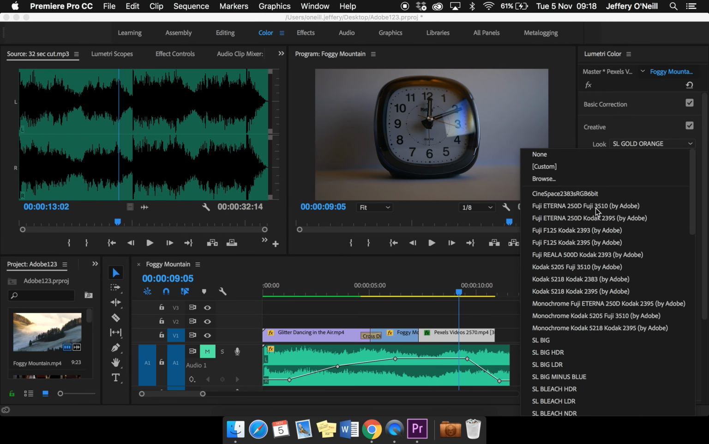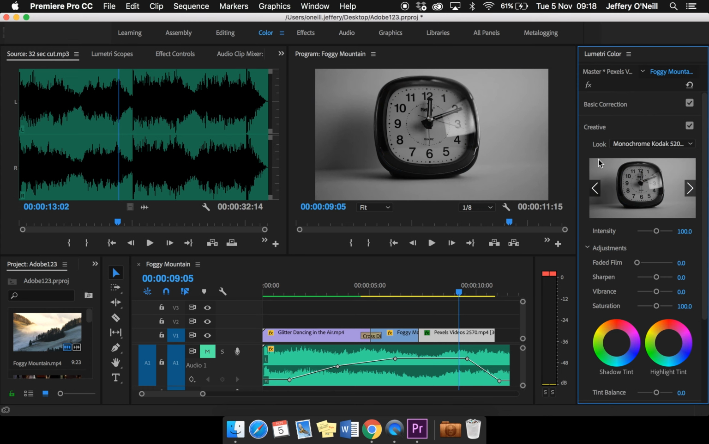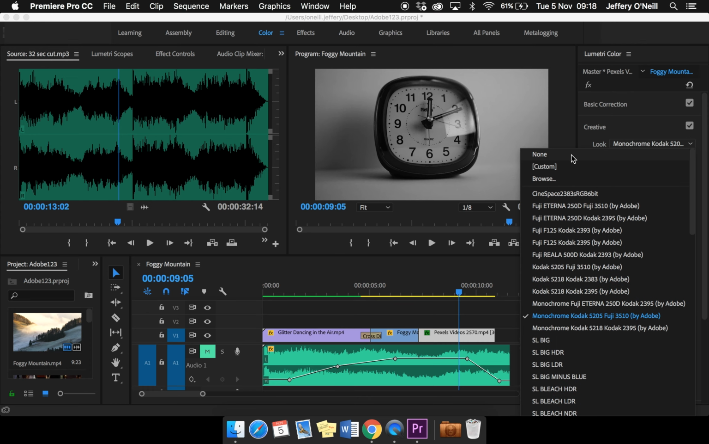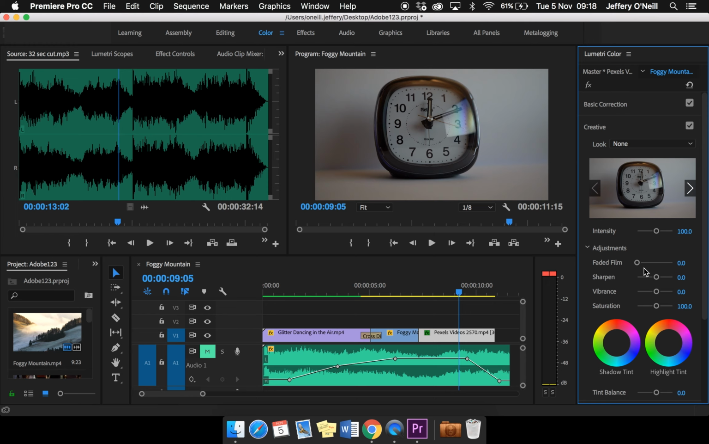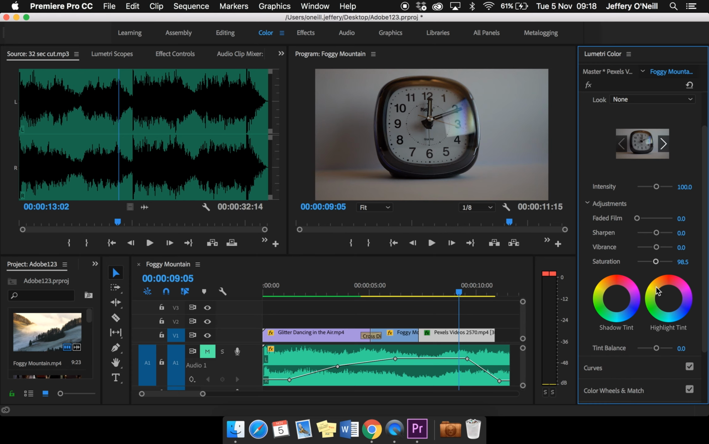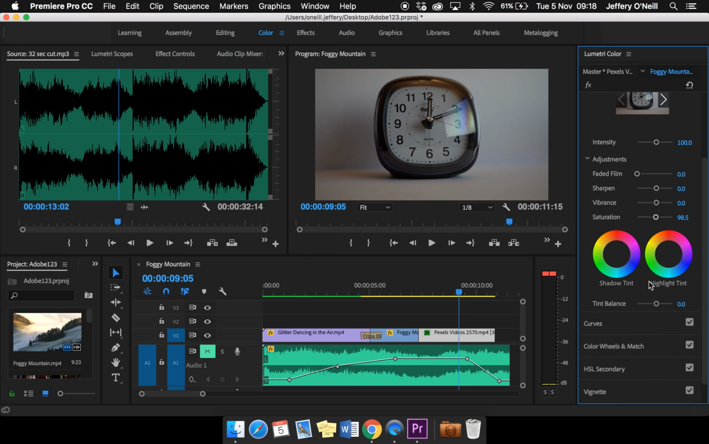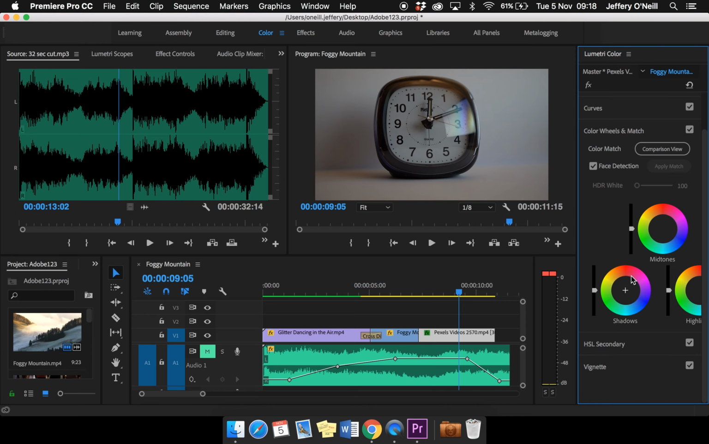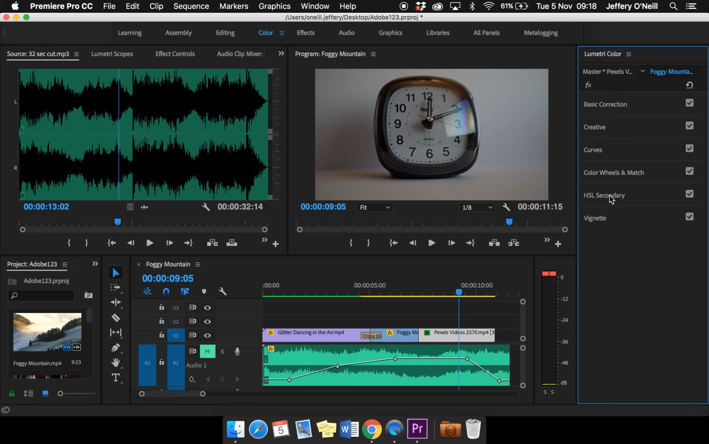So that's the kind of filter thing, and then you've got different film processing things. We'll just get rid of that. We'll click on none. We can actually adjust the vibrance of the image and the saturation. So we could drop the saturation down to have it black and white, or boost it up and make it more vibrant. We've got different colors here. So if we click on there, colors, okay, HSL,